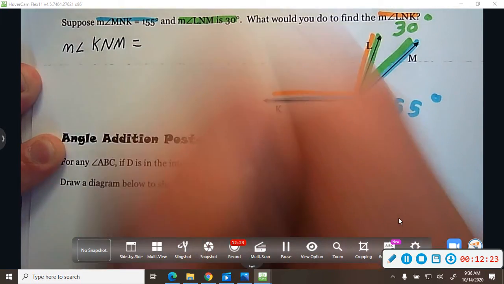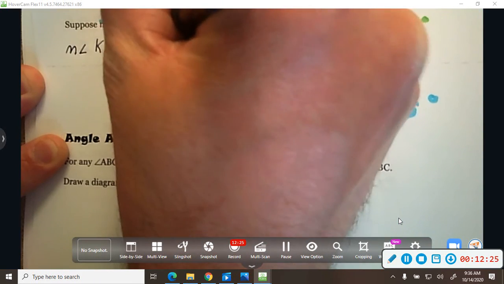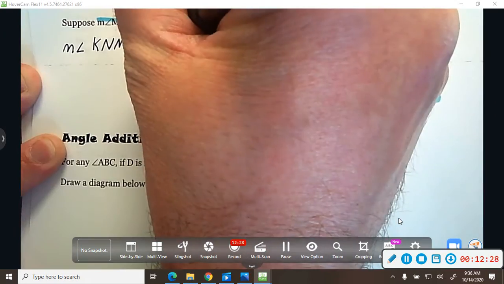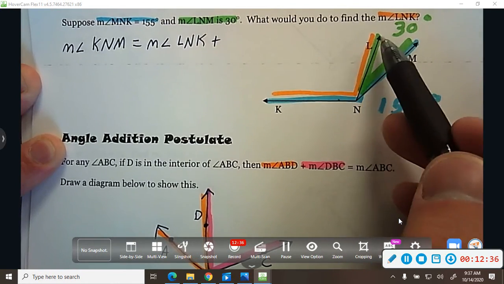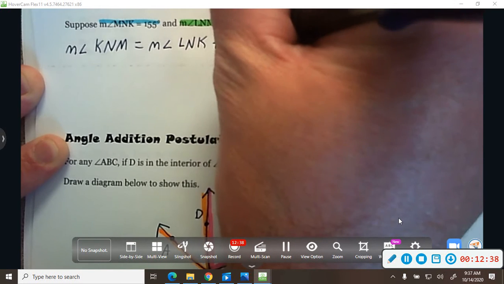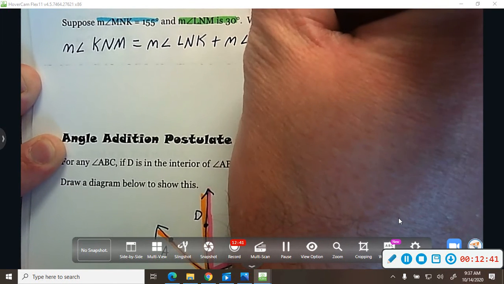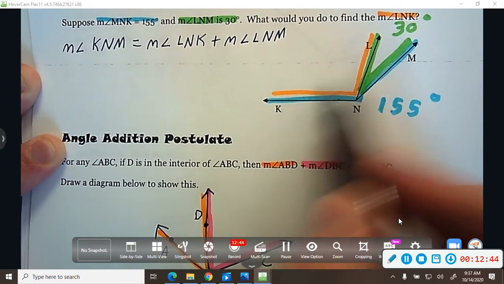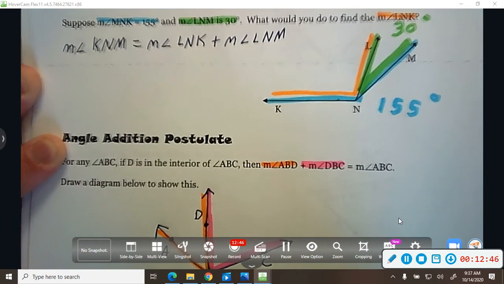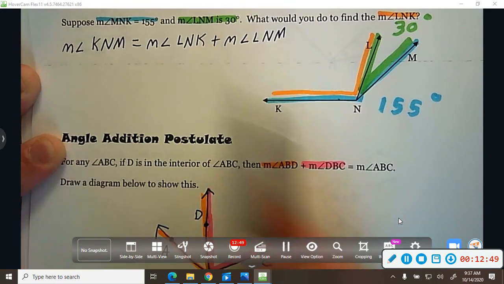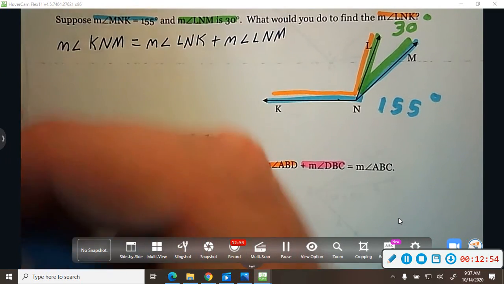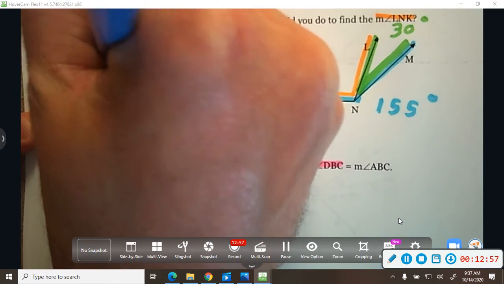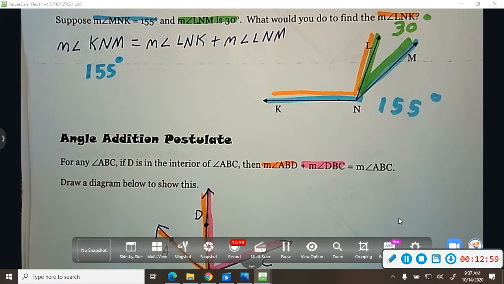They call it LNK, same thing, plus the measure of LNM. So the whole thing is equal to the orange plus the green. So I know the measure of KNM is 155. I'll write it like this. Make it even easier to see. 155. And that equals,